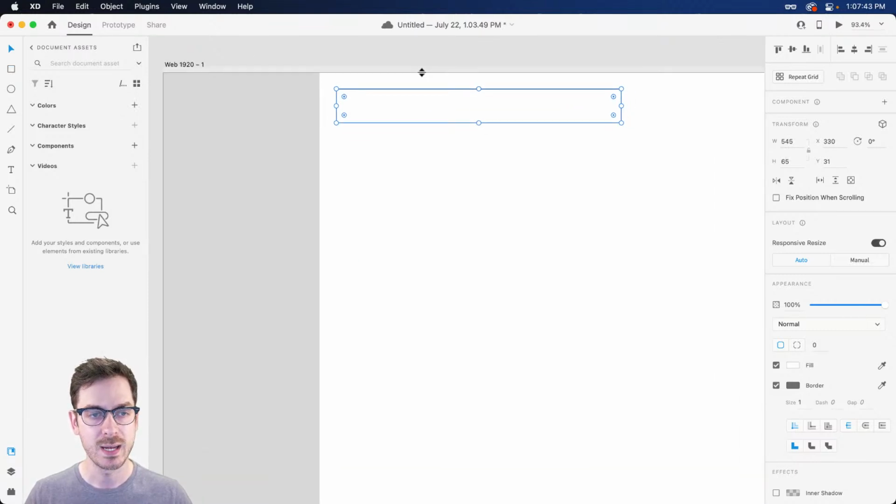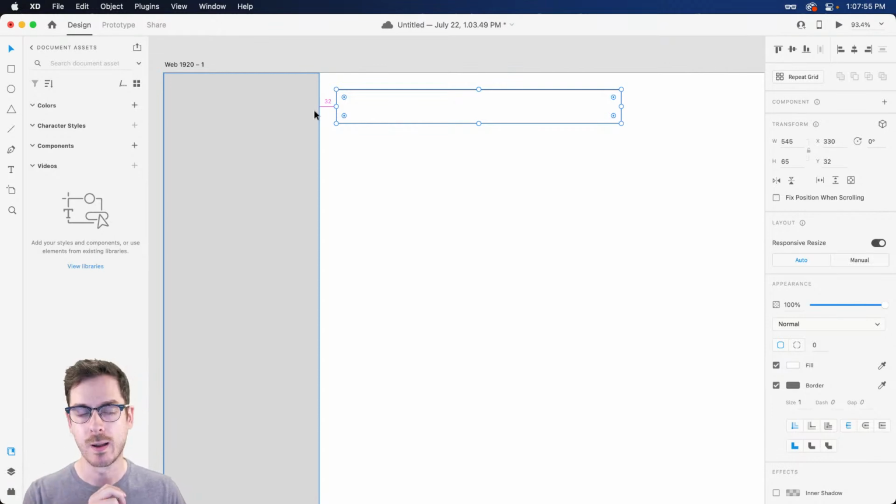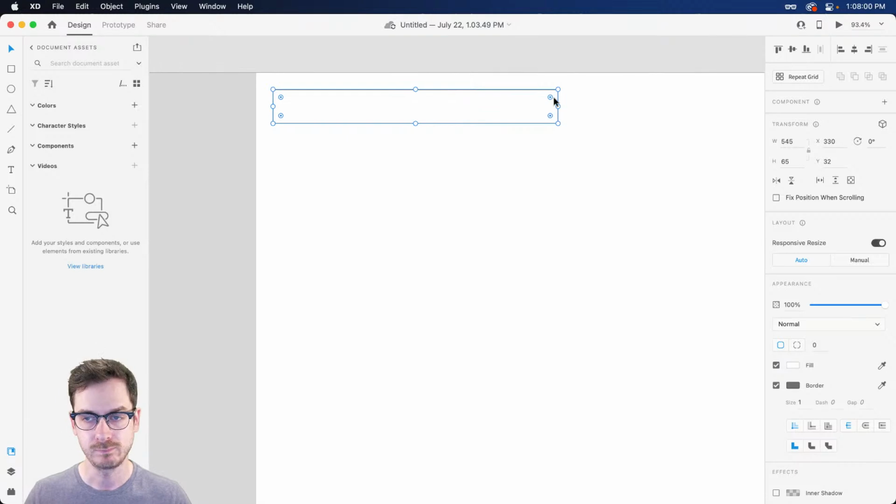And if we are working with an 8-pixel grid, we'll probably want, let's say, 32 from the top and probably about the same from the left-hand side of this, or I guess the right-hand side of the sidebar. And in order to show those measurements, hold down your Alt or Option key and then hover, and you'll be able to see those just like that, right?